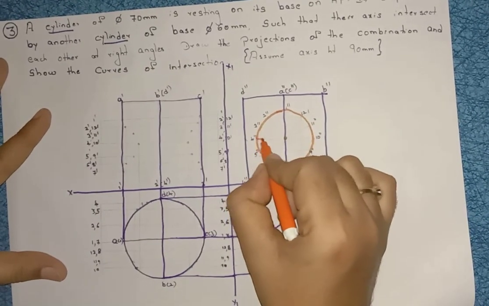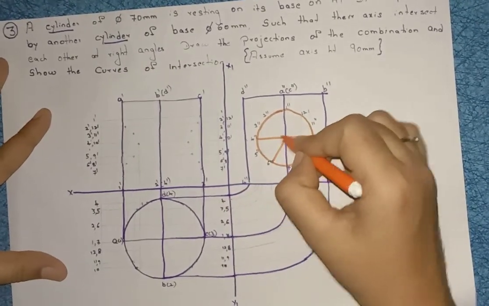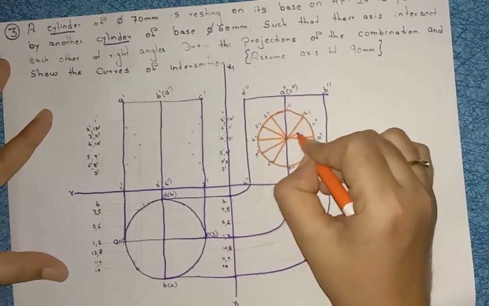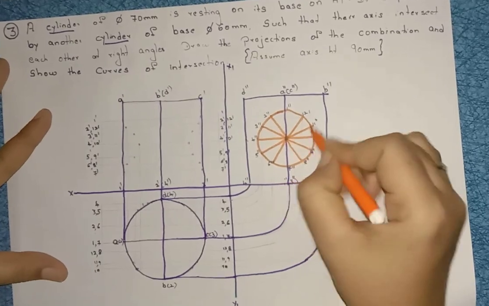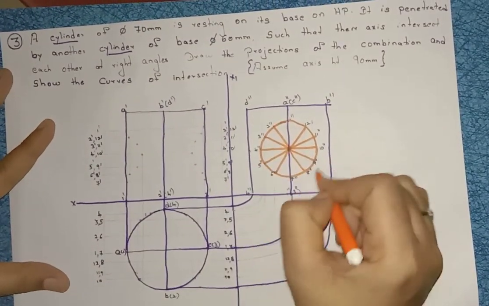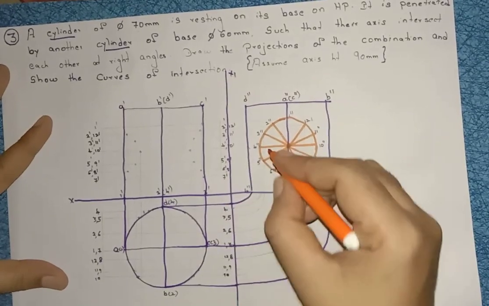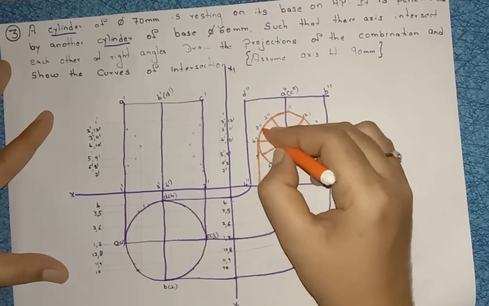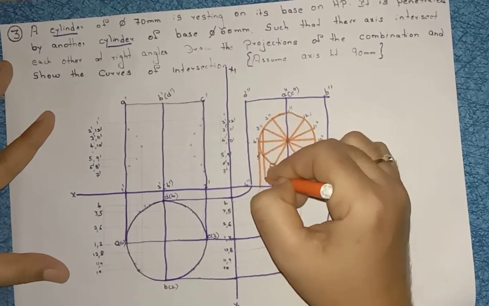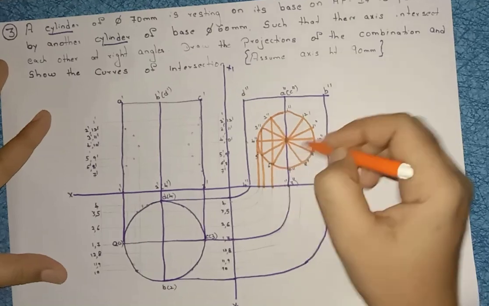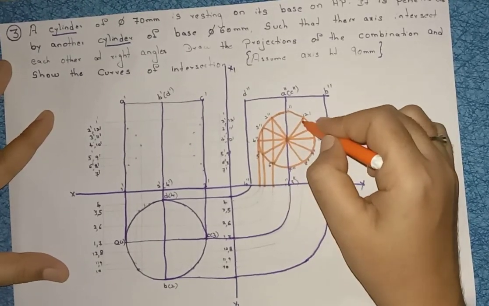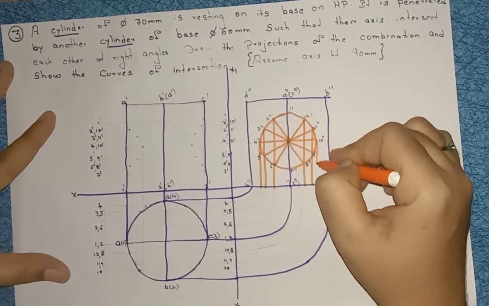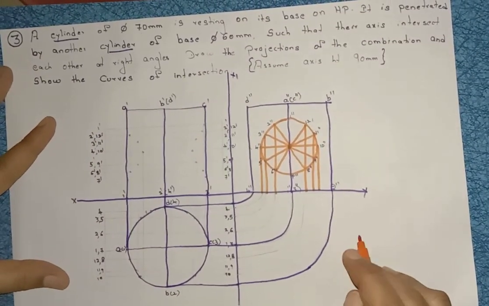right? Divide this circle into 12 equal parts. Okay, 1 double dash, 2 double dash, 3 double dash, so on. So after marking these points, from every point, from 4 double dash draw a straight line, from 3 double dash, 5 double dash, from 2 double dash, 6 double dash, this is 1 and 7. Then next is 12 double dash, 8 double dash, 11 double dash, 9 double dash, and this is here 10 double dash.